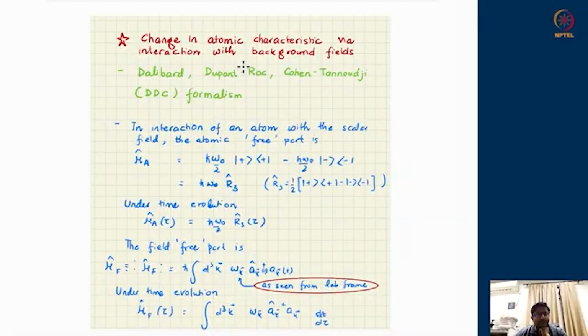So today's discussion will be about the change in atomic characteristics through interaction with background fields. Till now, what we have learnt is that when an atom starts interacting with a background field, there is a non-zero probability of transition from one state to another. However, we must note that the states we are considering are no longer the eigenstates of the true Hamiltonian,